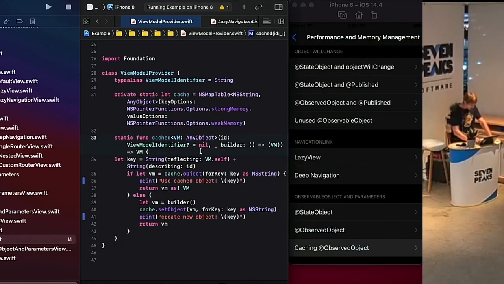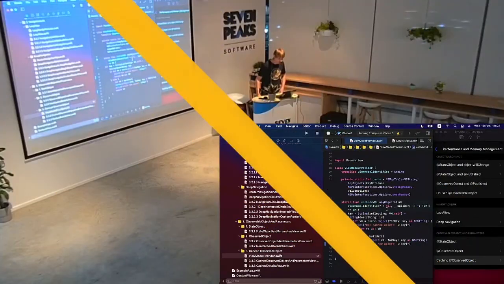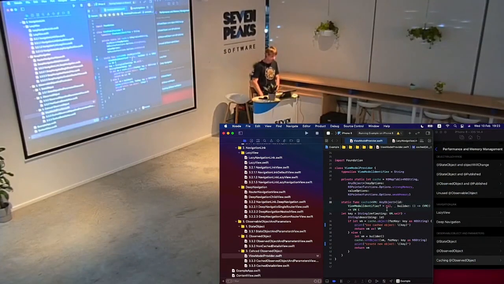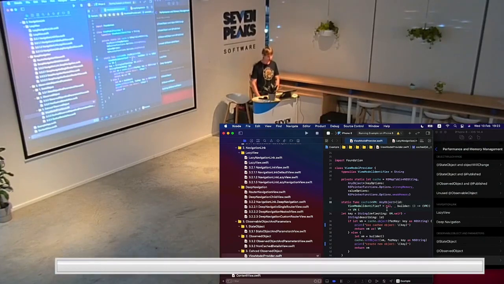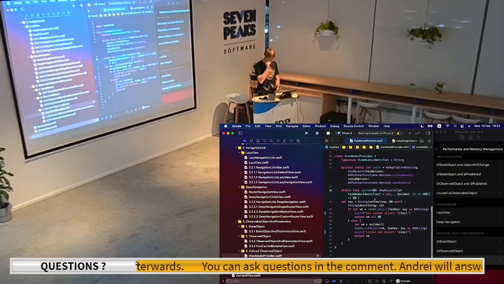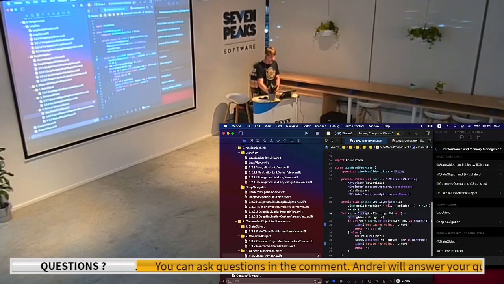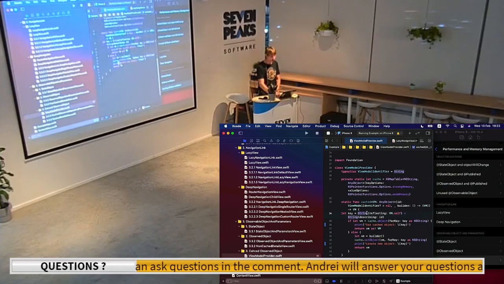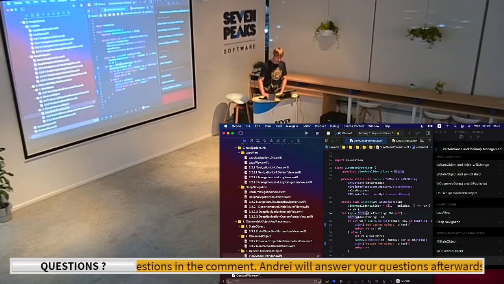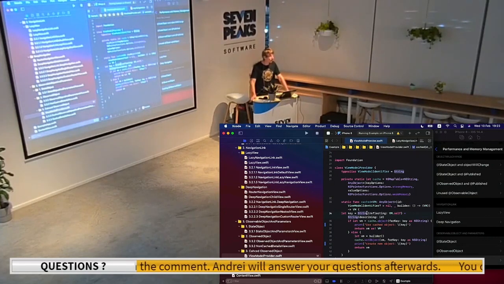It seems that it's much easier to create views with SwiftUI than in UIKit, but it gives a lot of pain when you're working on the data model, unless you're aware of all of this stuff that SwiftUI does behind the scenes. That's it from my part, and if there are any questions,